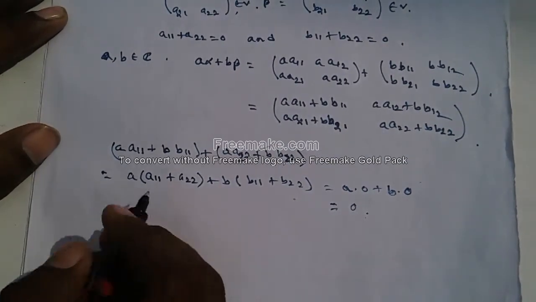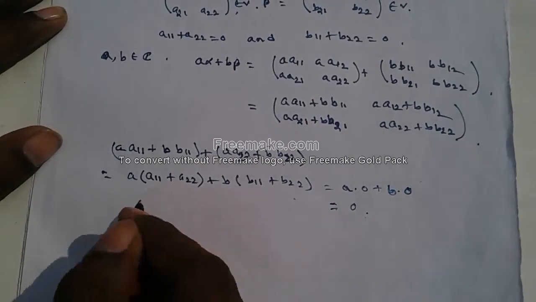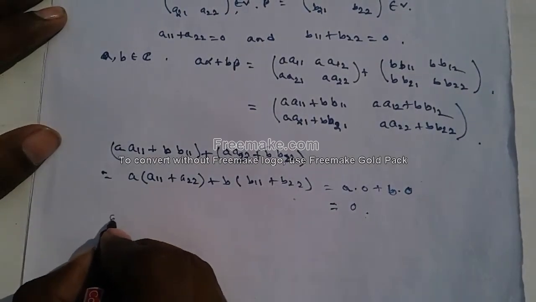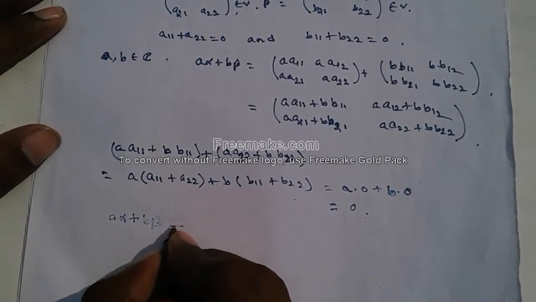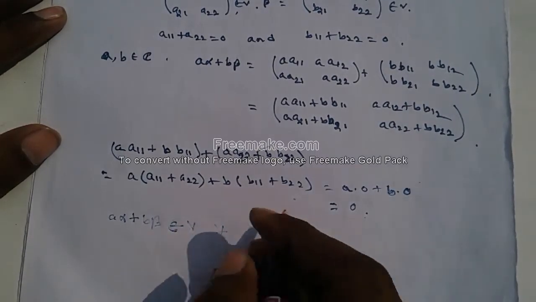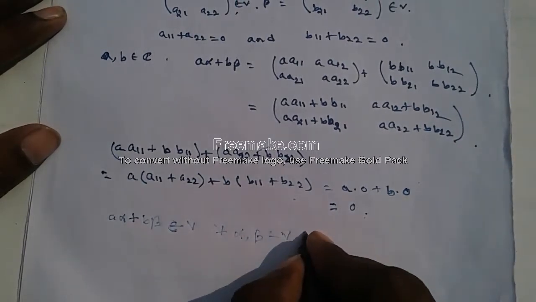So we see that this is a vector space over C, since a alpha plus b beta belongs to V